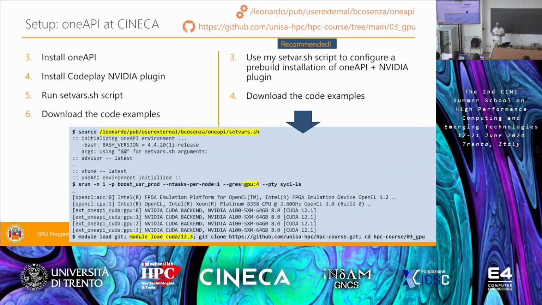Then we will do SQL programming. SQL is a standard. There are many implementations. The one I'm using is oneAPI. If you are trying this on your system, what you have to do is install it, and these are the steps